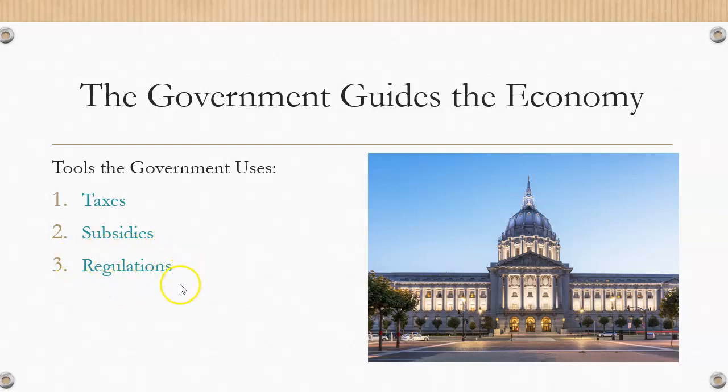Regulations, policies, rules: if we ease them, we encourage the production of something. If we create a lot of hurdles and a lot of red tape, we're going to discourage the production of something. So what the government does is either make it easier and rewarding and incentivize that production, or make it harder, costly, more difficult, frustrating. By doing those things, they actually discourage it. So they definitely play a role. Think of them like the parent to an adult child.